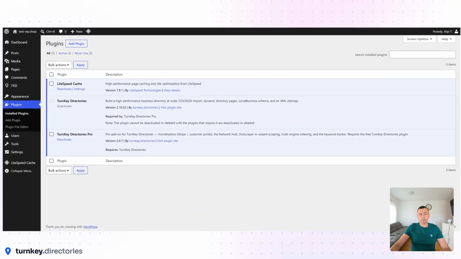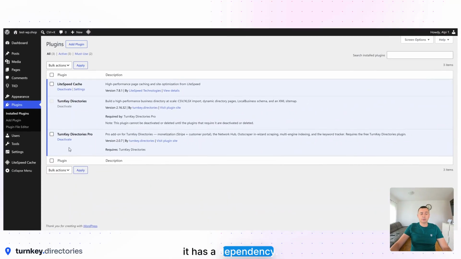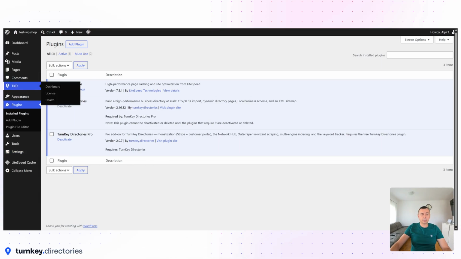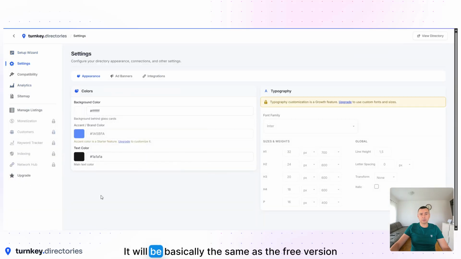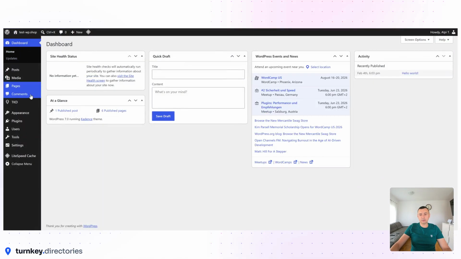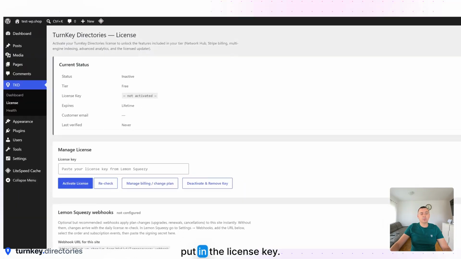So the next step after you install the free version of the plugin is the pro version of the plugin. You need to know that it has a dependency. So without the free version, you cannot install the pro version. So you need to download both and install first the free and then the pro version. Of course, after you install the pro version, nothing will happen. It will be basically the same as the free version because you need to activate it and put in the